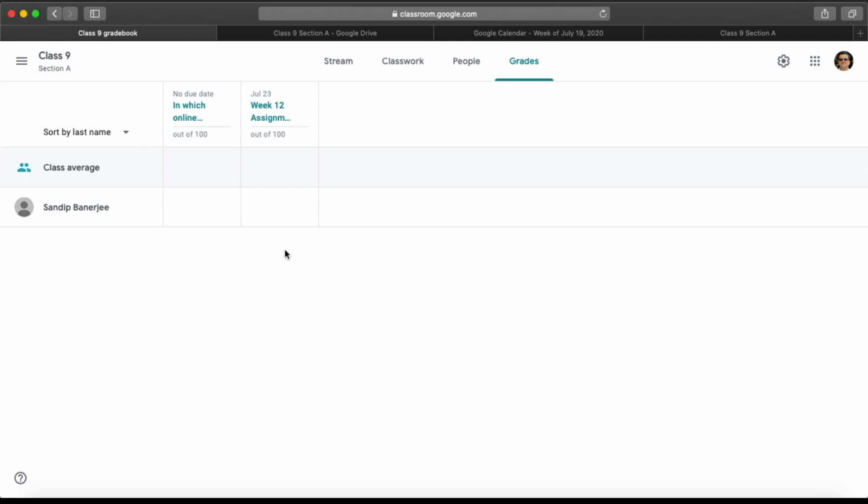From this view, you can quickly take some actions. First of all, you can grade your student from here. Maybe let me put 95. If I click elsewhere, it will show as draft and saving, and after that it's draft. It's draft because this is still not published to your student. He will not be able to see he got 95. Once you click on this button and return, then only he will be able to see that.